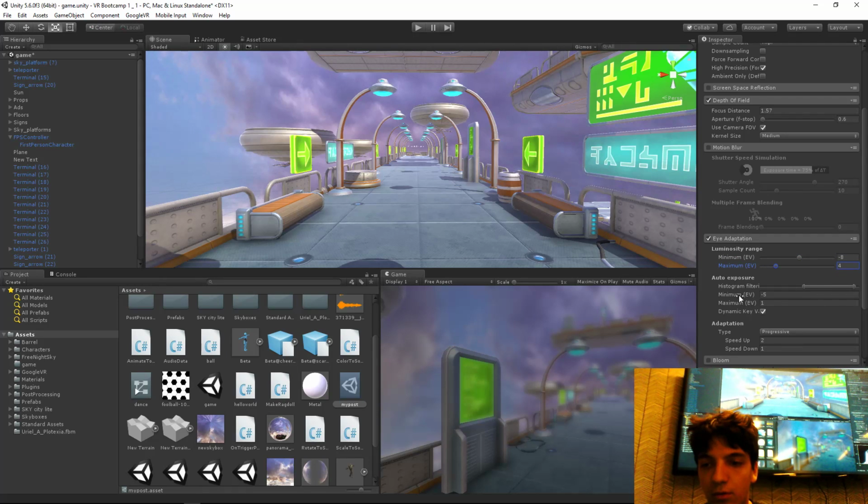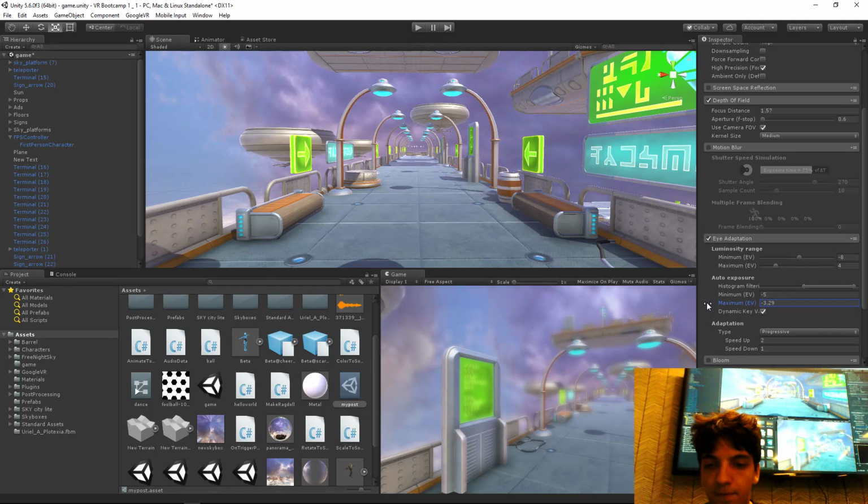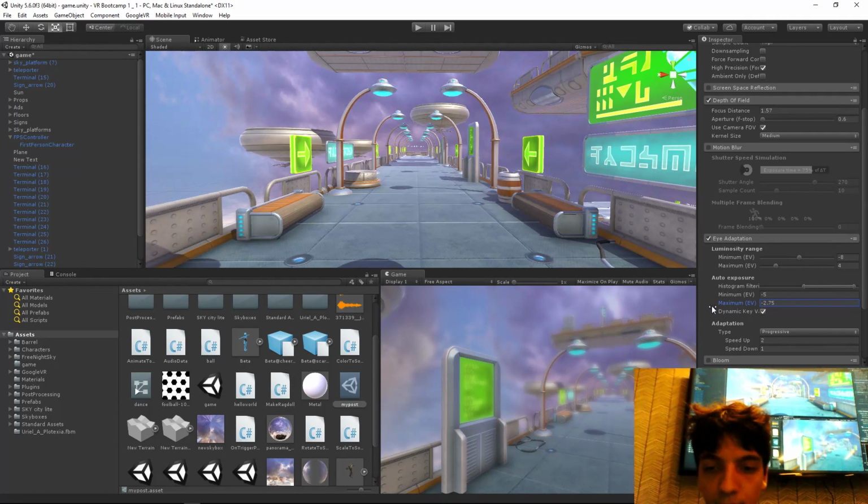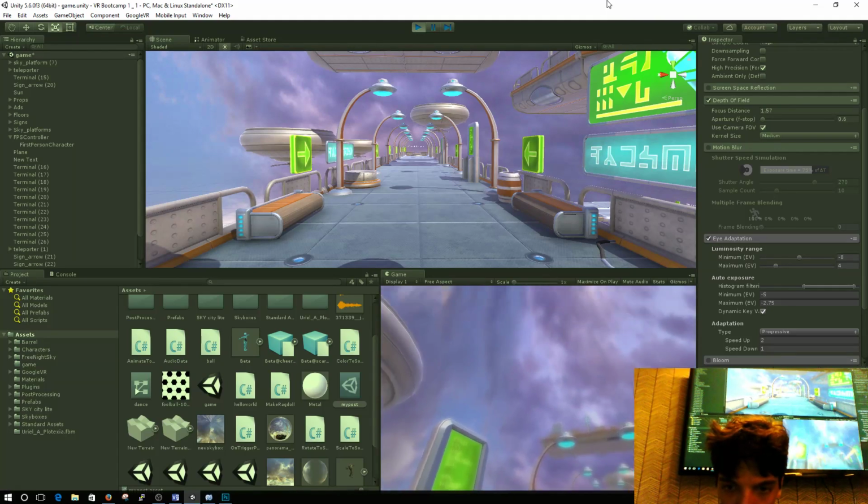Eye adaptation is what the name implies. It adapts to your eyes. So if you look at a bright spot, everything will darken a little bit. If you look at a dark spot, everything will lighten up a little bit. I don't know if I can show the effect here, but if I just go,